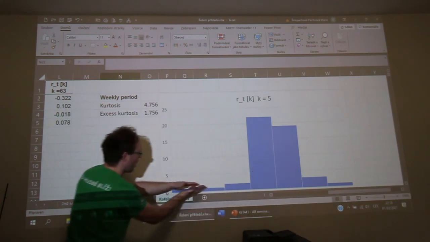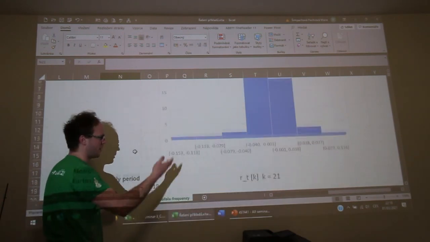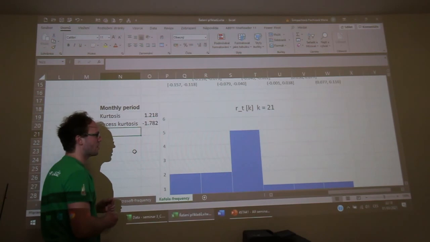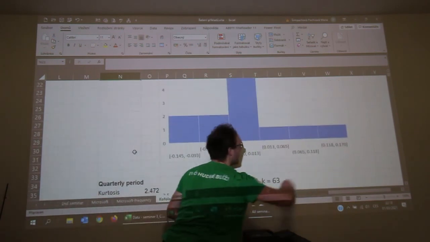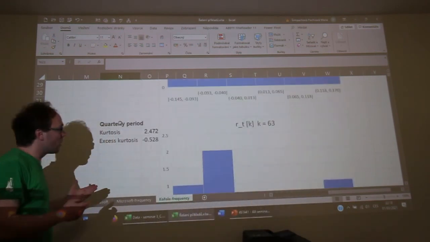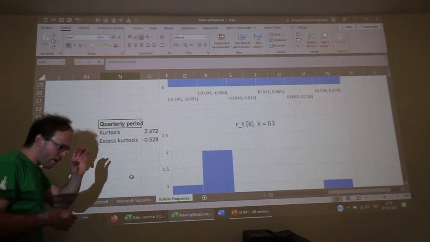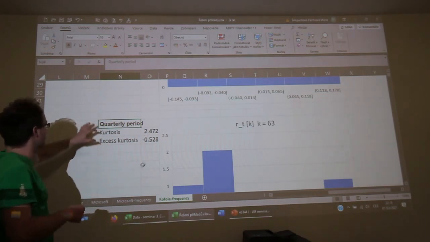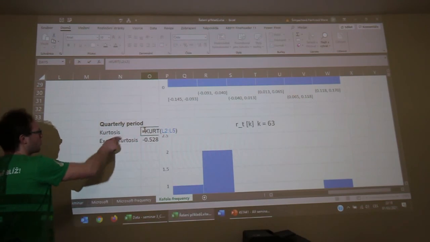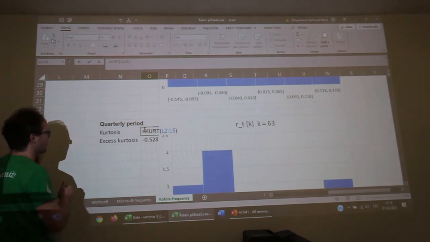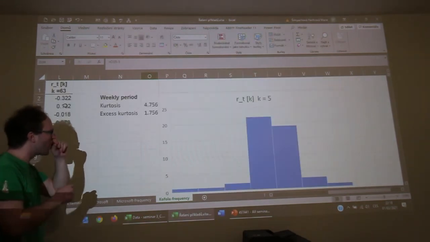There is the tail here, and in the case of the second chart, there is a tail here. So we can move to the quarterly period,